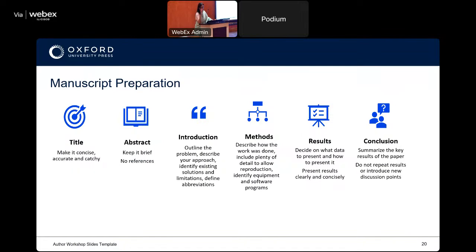Abstract is a summary of your work. It's like a trailer of a movie. Introduce the topic. What motivated you to do this research? And why are you doing it? How did you do the research? The steps that you followed, and what happened after following those steps? What were the results? Paragraph-wise, put it down. And what is your final conclusion?